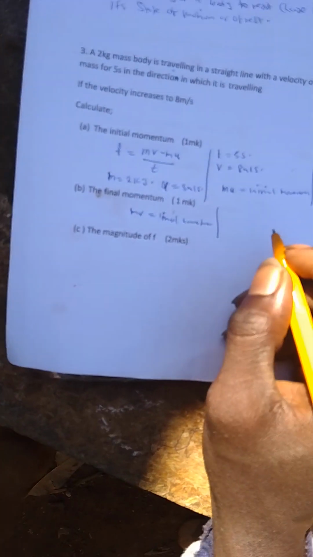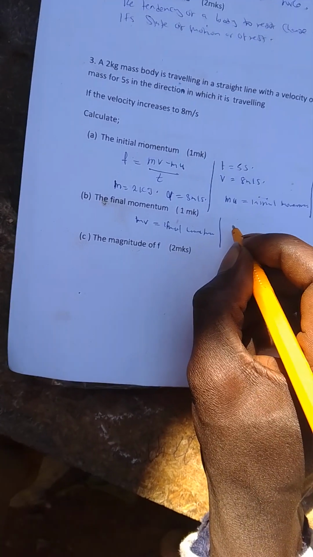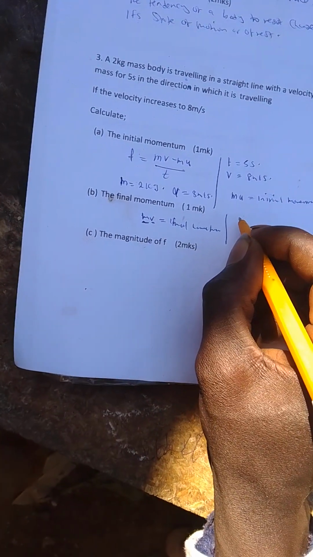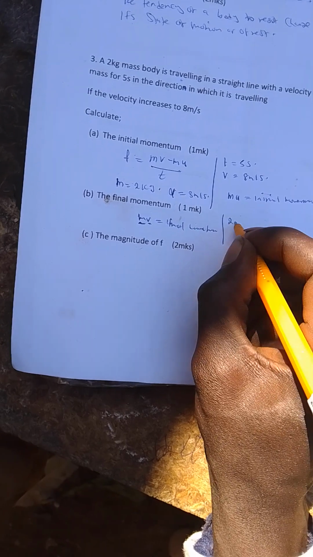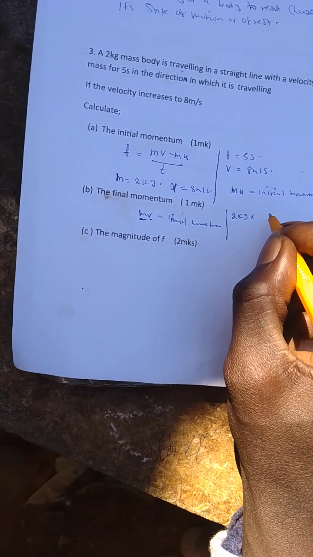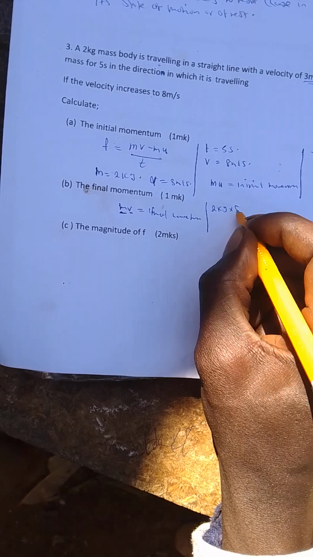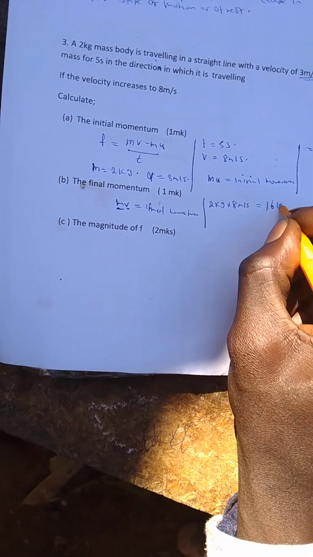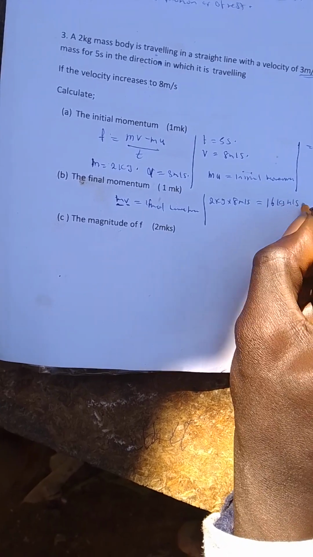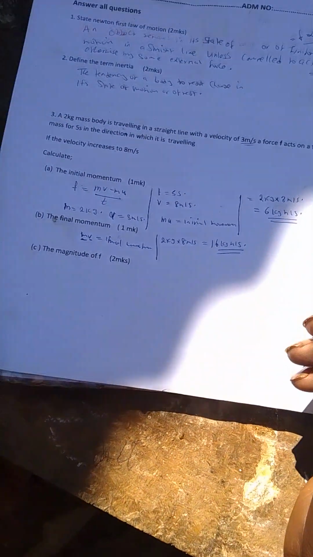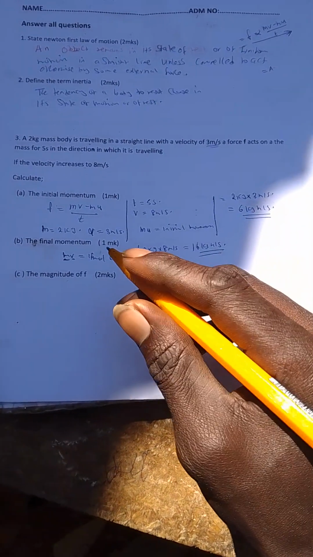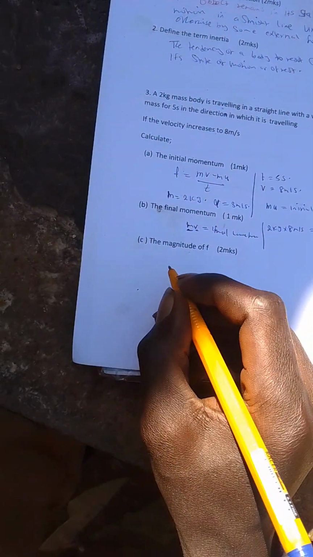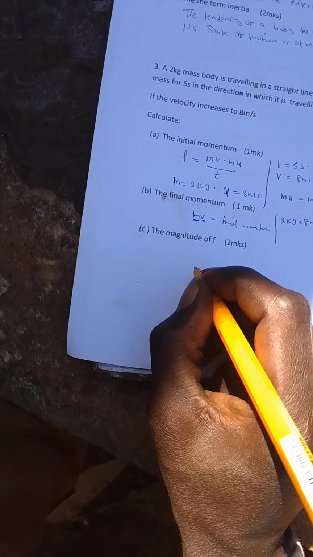Final momentum is calculated by multiplying the mass times the final velocity. That is the mass, which is 2 kilograms, times the final velocity, which is 8 meters per second. That is 2 times 8, you get 16 kilogram meter per second. This is the final momentum, and now you are asked to calculate the magnitude of force F, and we know